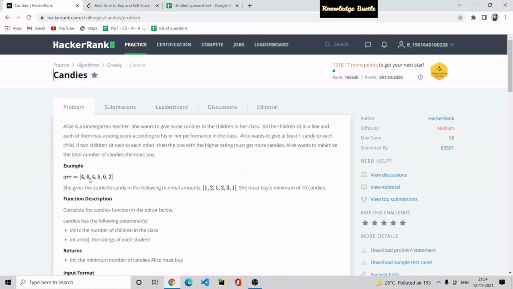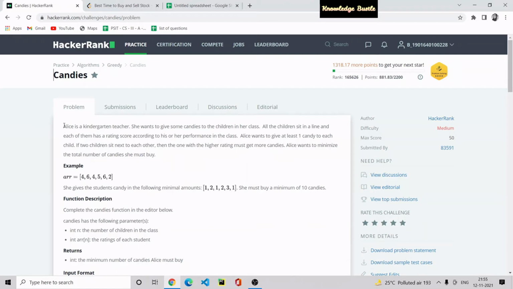With respect to 4, 5 is greater, so we give 2 candies to the fifth student. With respect to 5, 6 is greater, so we give 3 candies, and at the last only 2 is left, which is less than 6, so we give only one candy.